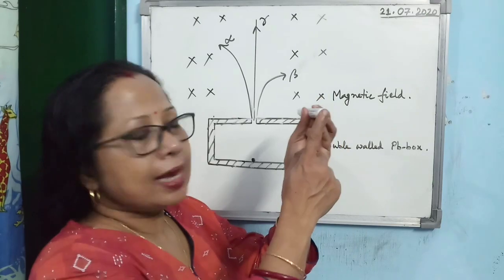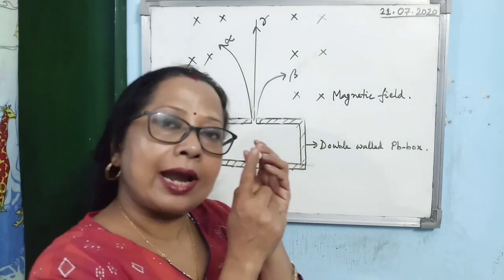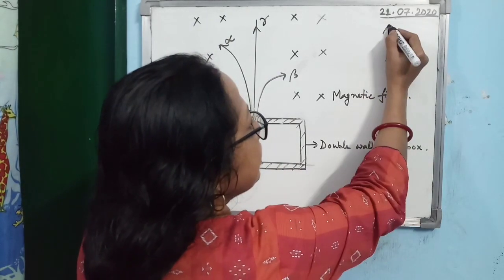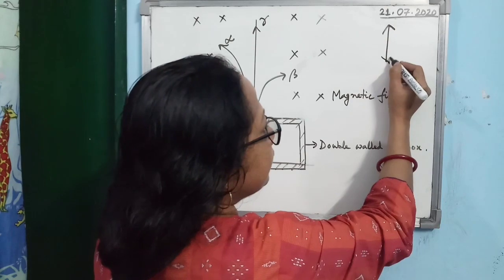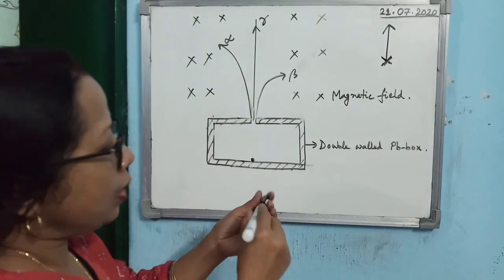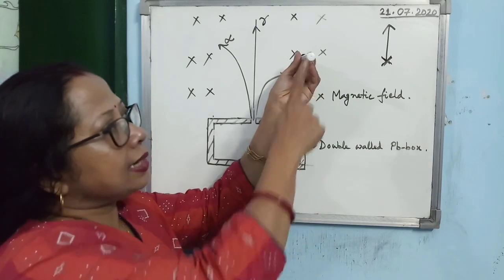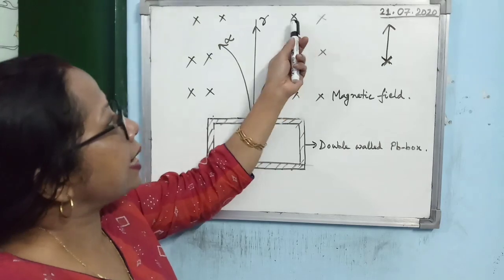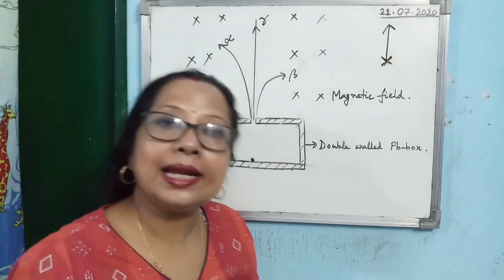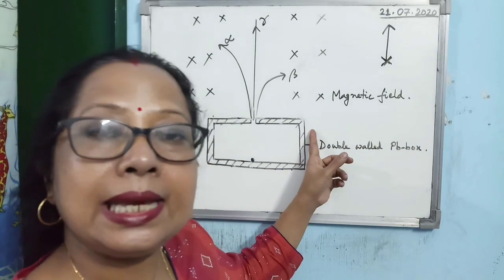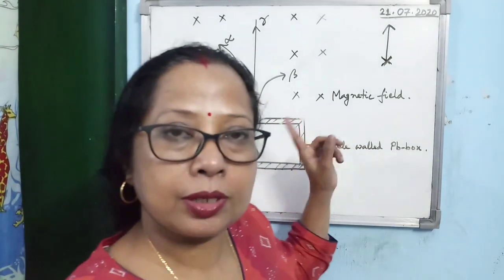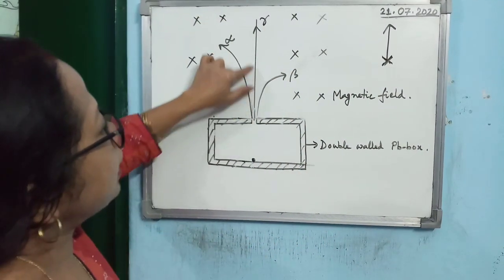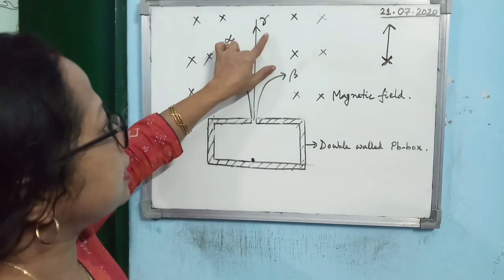Inward means what? You know that vectors are represented by arrows. If you consider an arrow, the head is like this, and at the tail there is a cross sign, isn't it? So if the arrow is in the inward direction, then the tail of the arrow will be visible. So when these cross signs are there, it indicates that the magnetic field is perpendicularly inward to the whiteboard, not the blackboard. Here it is a whiteboard. Now, in that case, the radiation which remains undeviated is the gamma radiation.